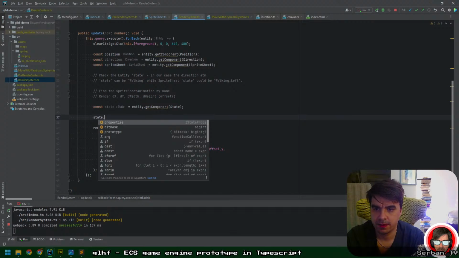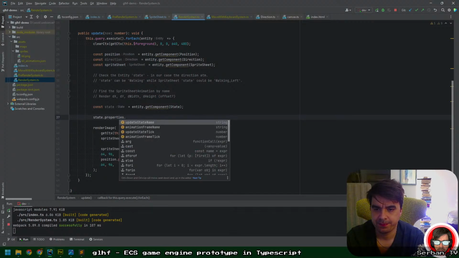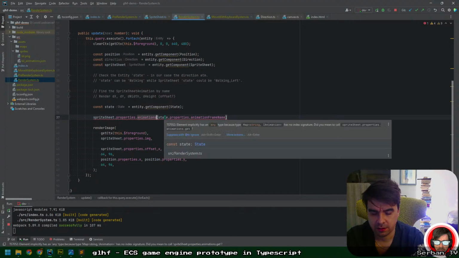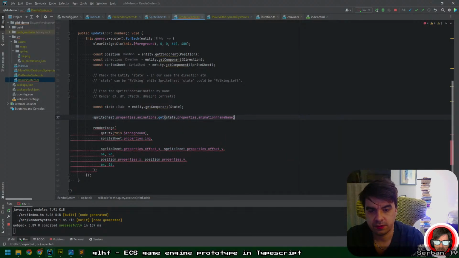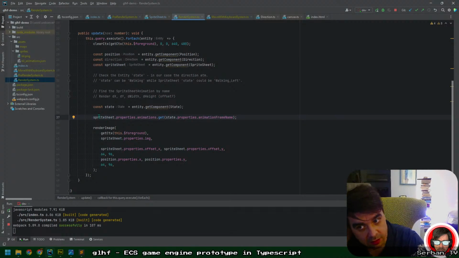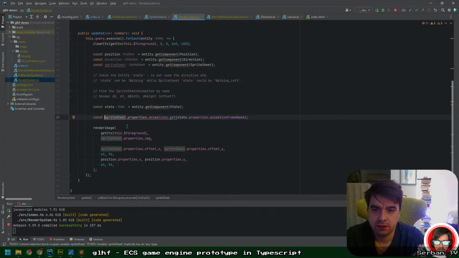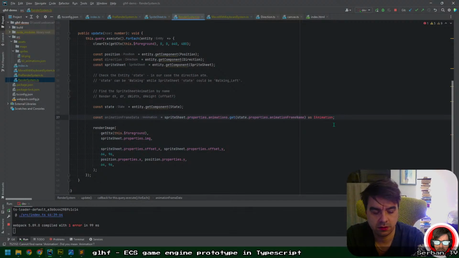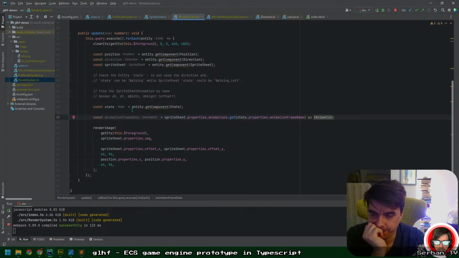Okay, state properties, animation frame name, sprite sheet properties animations, animation frame name, actually get animation frame name, const data as an animation, and